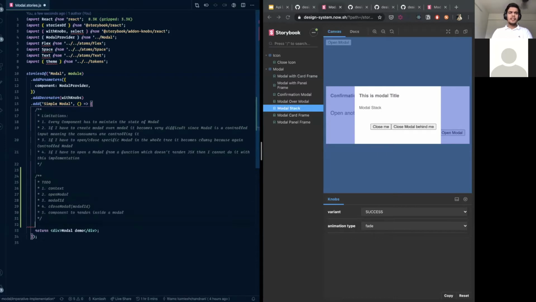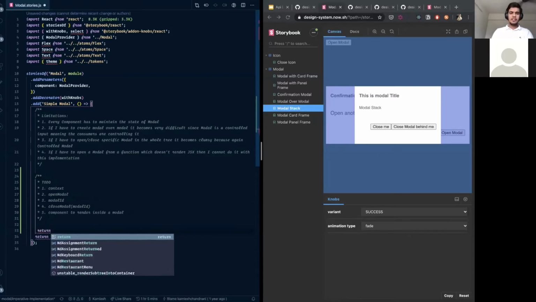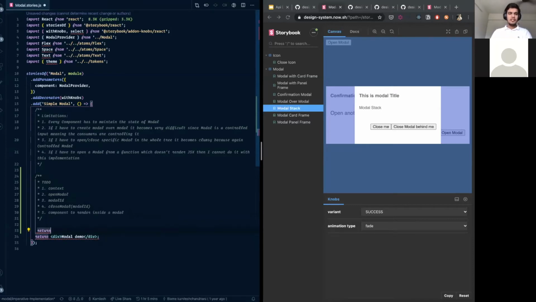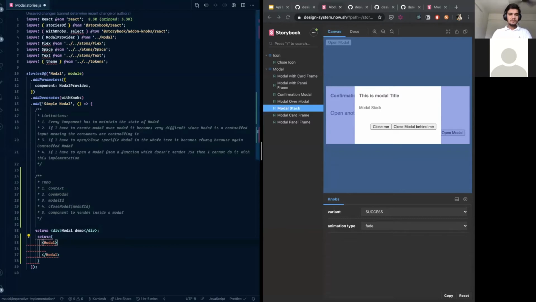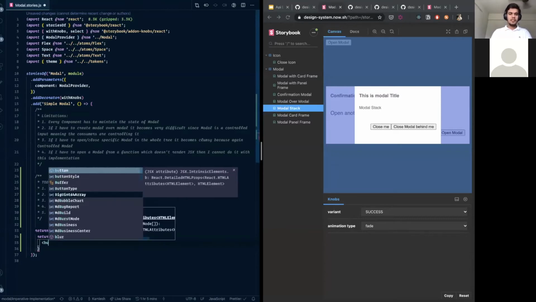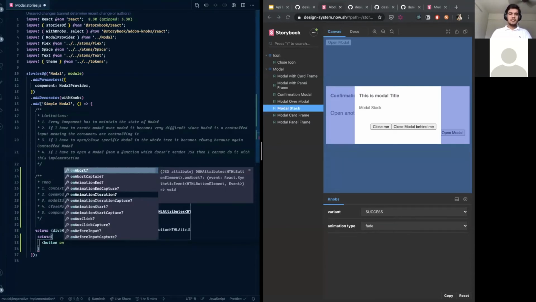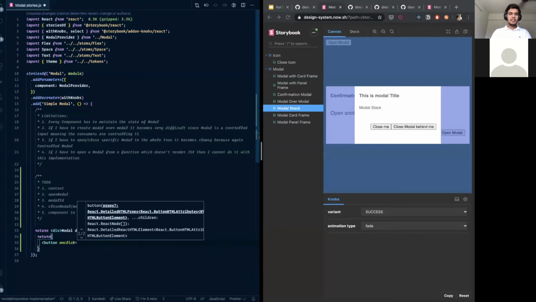So now let's go ahead and start creating how the API will look. So to begin with, I'll just say, what I want is obviously I'll have something which is my model, and then I'll have something called button, because this is what will be the trigger point for my model.